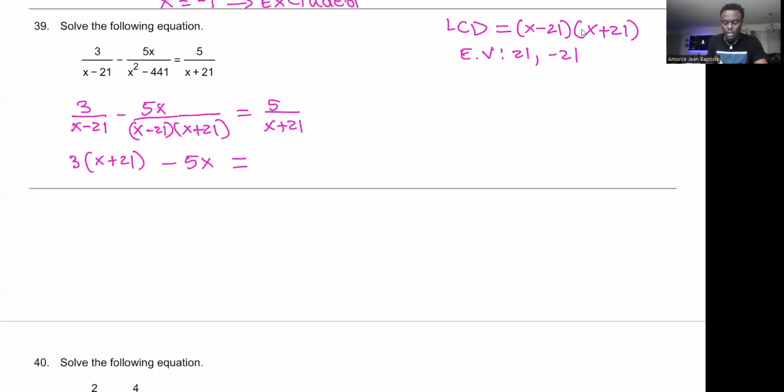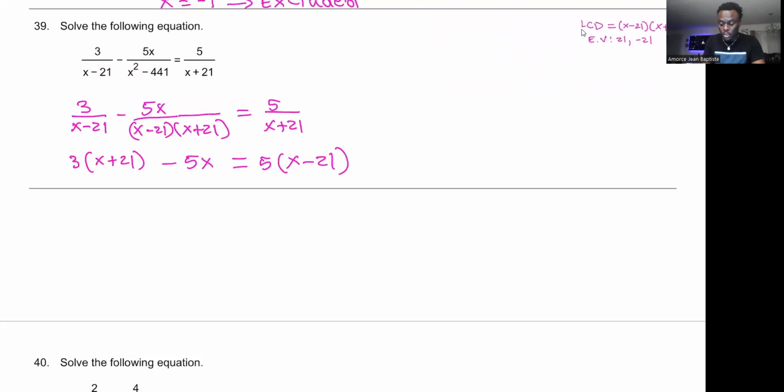And then over here, the LCD and this fraction have x plus 21 in common. So x plus 21 will be canceled, and I'm left with 5 times x minus 21. Then I'm going to distribute and then simplify and solve. So let's distribute. That's 3x plus 63 minus 5x equals 5x